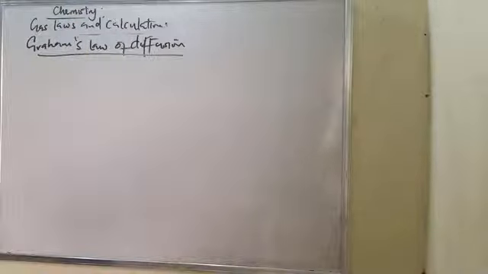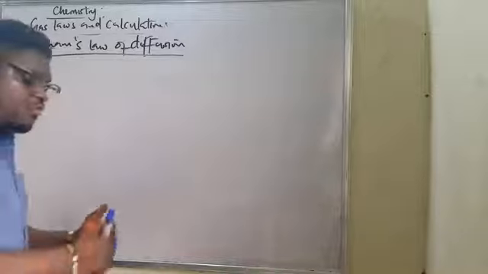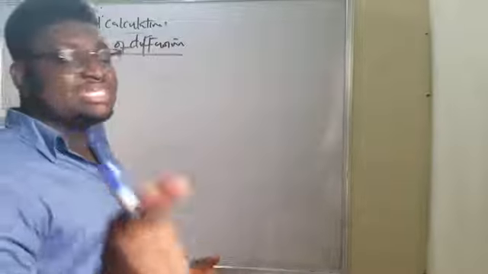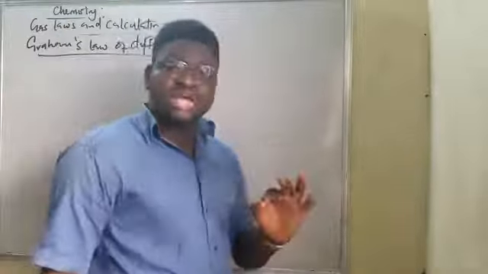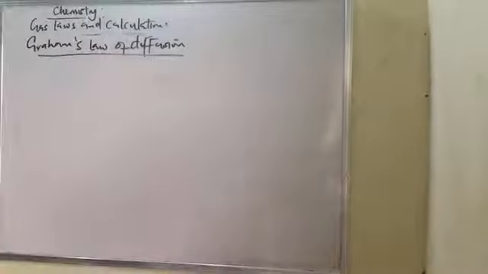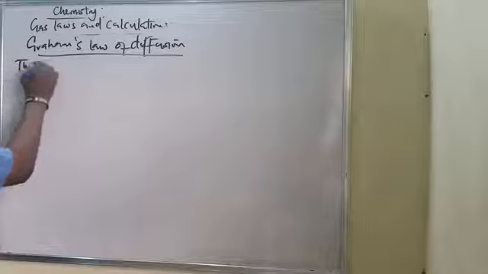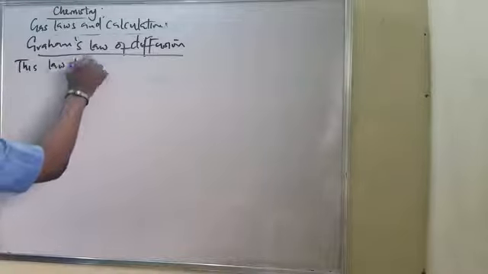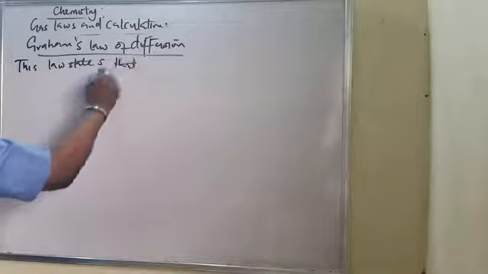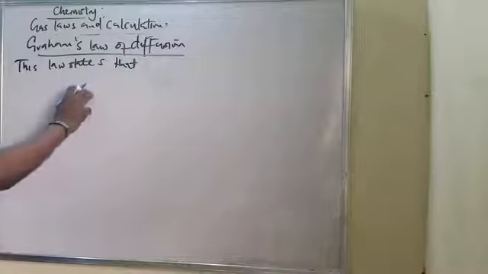So under this condition, how do they move to fill the whole volume that they are accessible to? It's through a process of diffusion. And diffusion, from what we know, is actually a process by which gases move. So what is Graham's law of diffusion saying? This law states that